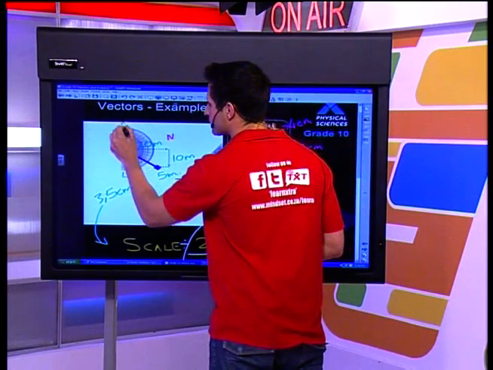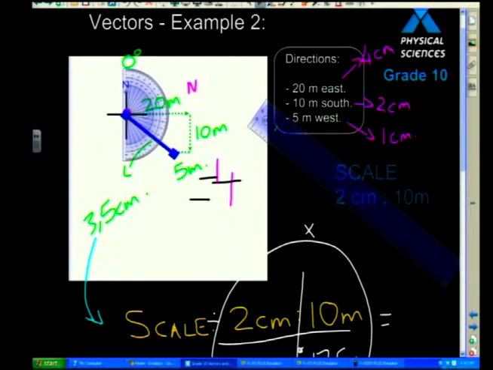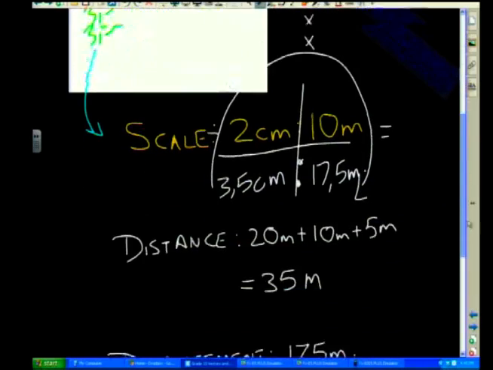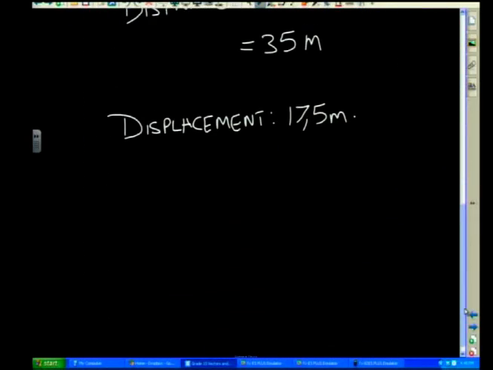So I start at 0 degrees over here. And what I'm going to do is measure all the way around to over here. Now, you guys probably can't see this at home, but over there I'm measuring a degree of 128. So I'm going to write that in as a bearing.